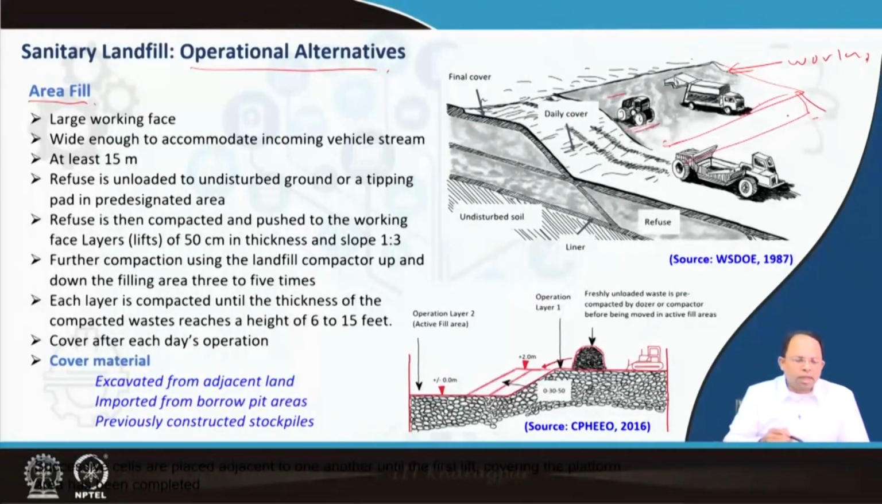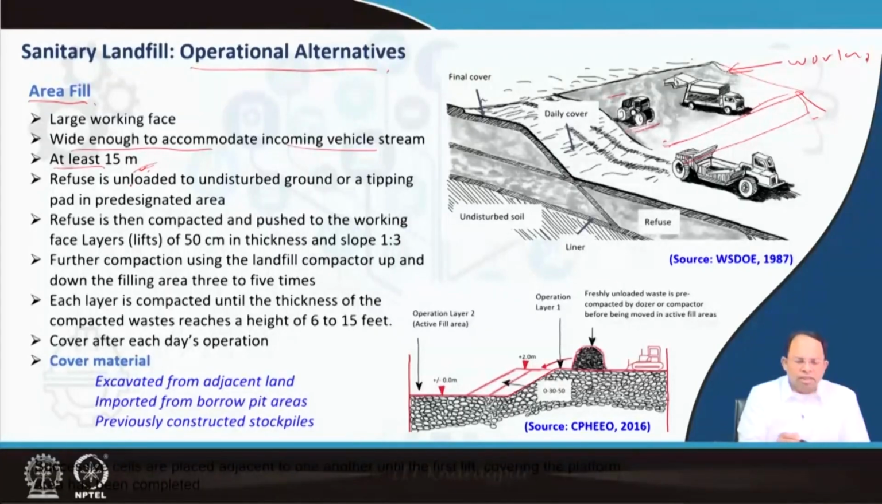Now, the size of the face should be wide enough to accommodate the incoming vehicle stream. That means every hour garbage vehicles are coming and unloading garbage. At least in 1 hour there are maybe 2 or 3 vehicles coming, so that area should be adequate for 2 to 3 vehicles. It depends on how many vehicles are coming. So at least there should be around 15 meters. Roughly it is 15 meters, but sometimes we can go a little bit lesser. But we will try to stick to this particular value because it allows a few vehicles to come and stand